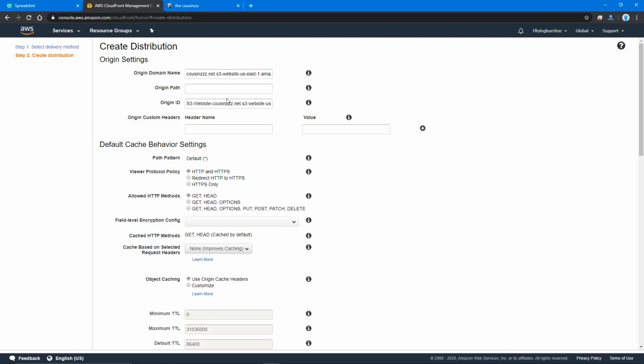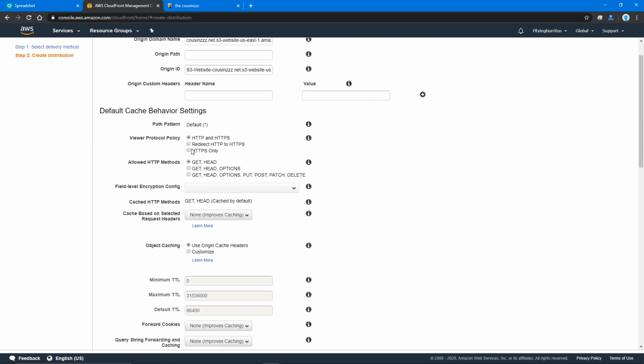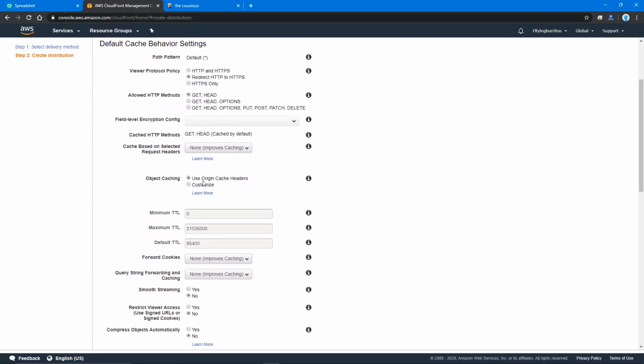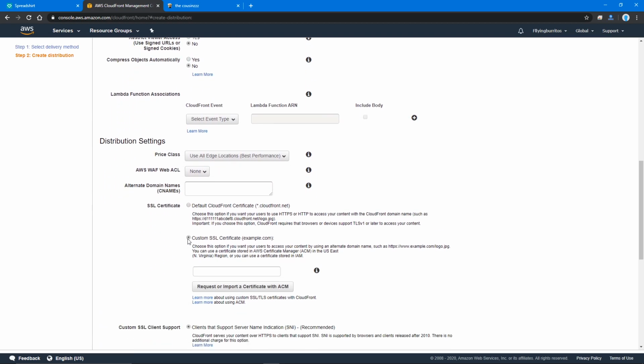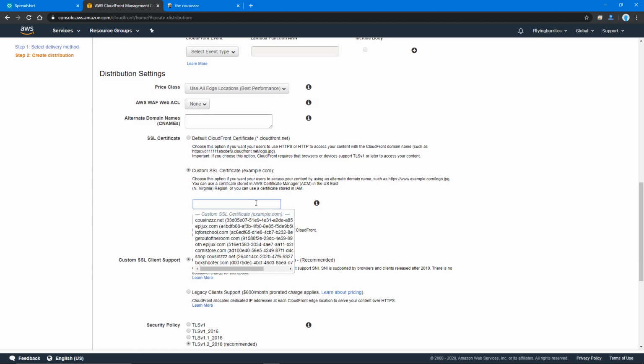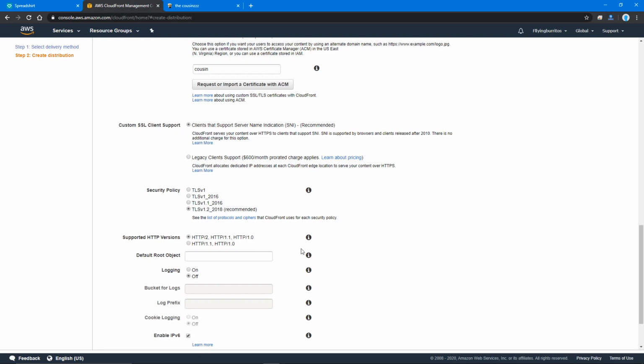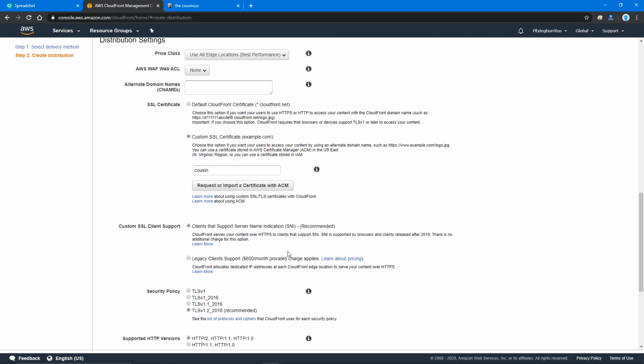and then you'll see this already fills in automatically. Redirect HTTP to HTTPS. Do what we want. Customize this to all 0. That way if you make changes, it'll go through to everyone really quickly. What else? Custom SSL certificate, and type in your domain here and select it, and then leave this one blank,